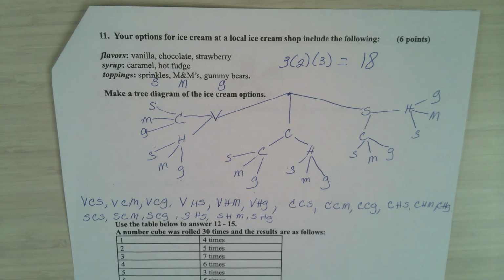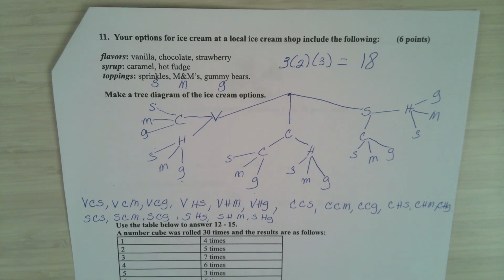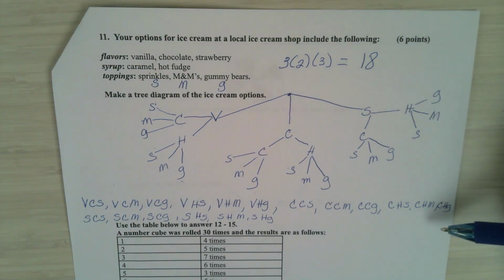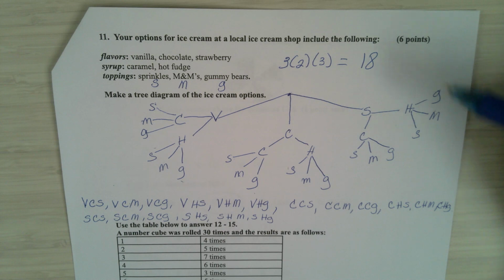I did all of those things just in case on the test you do a problem where they want the fundamental counting principle, they want you to do a sample space, and there we have a tree diagram. Yes? So if there's a tree diagram and it's like that, we have to do it all? If there's a tree diagram, you will do it all because it's going to be worth more than 2 points. That's a 6-point problem. Okay?